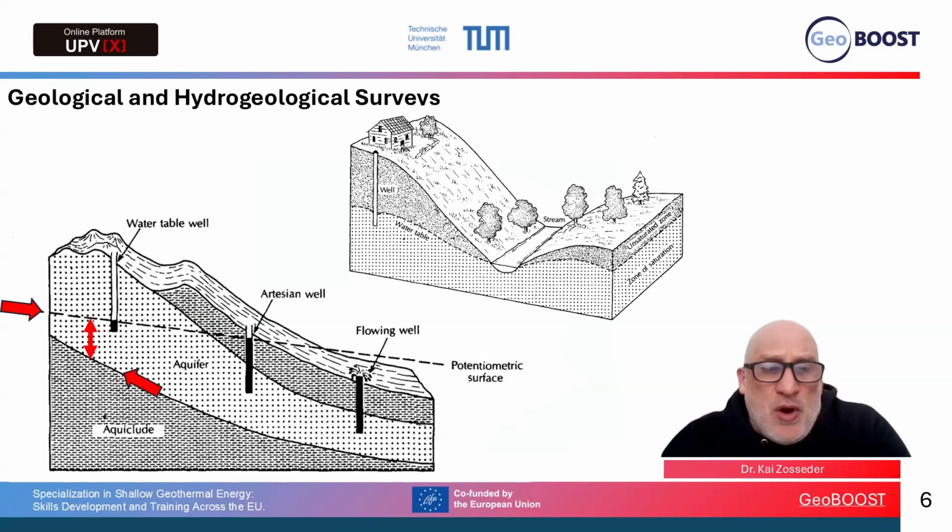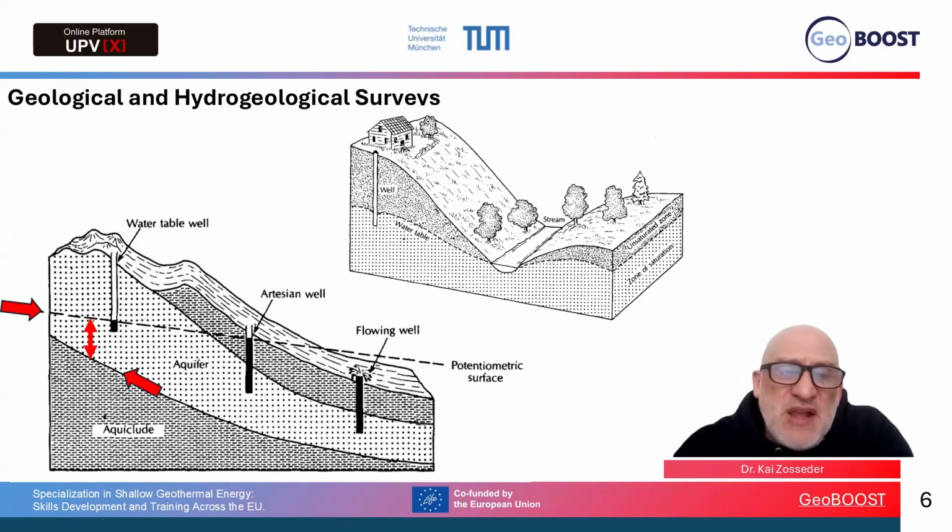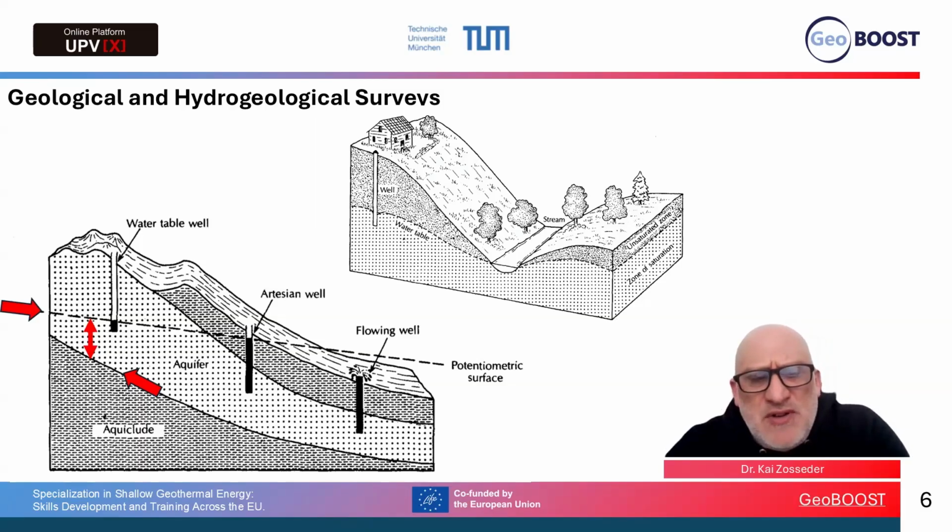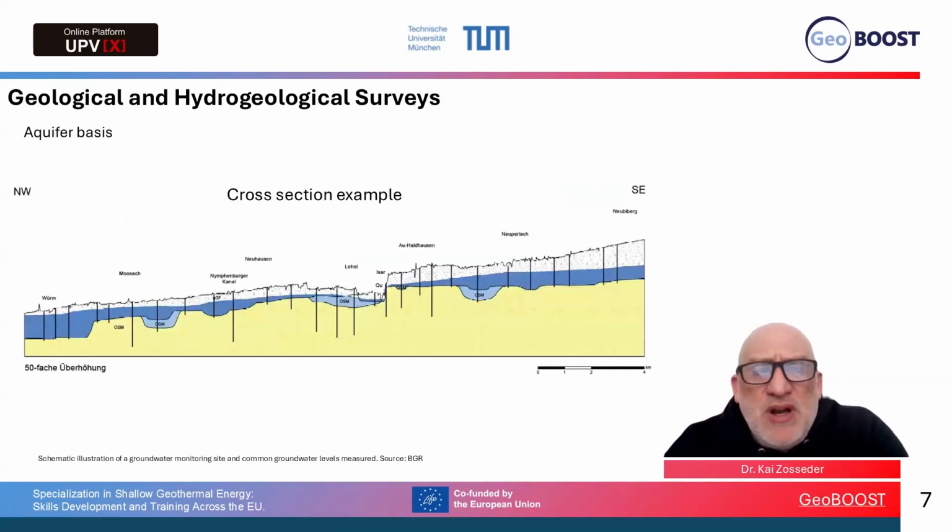So what is the boundary between our aquifer and the aquiclude? So between a matrix or a geological horizon that has a high hydraulic conductivity and what is below with a low hydraulic conductivity. This is what we have to define. Normally, we do it by